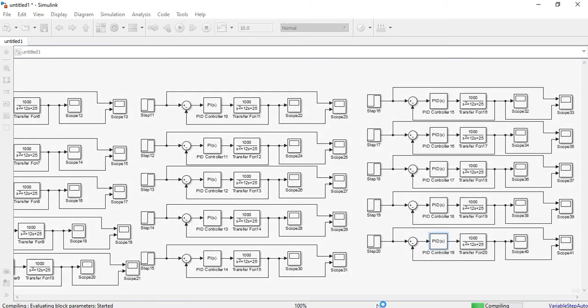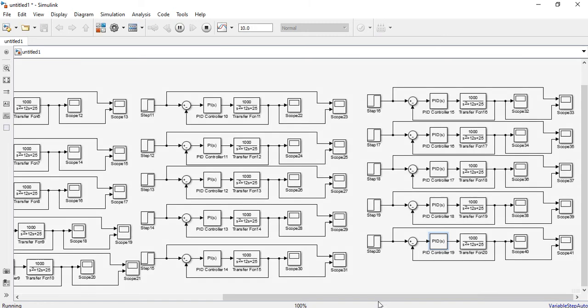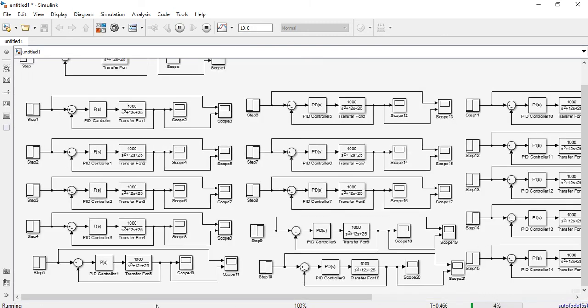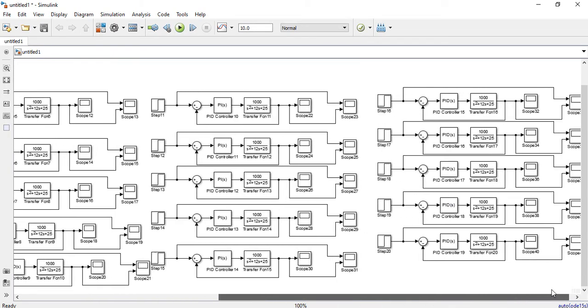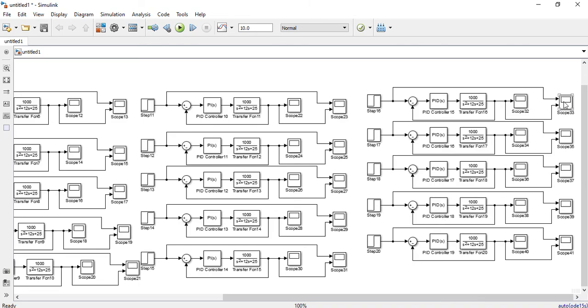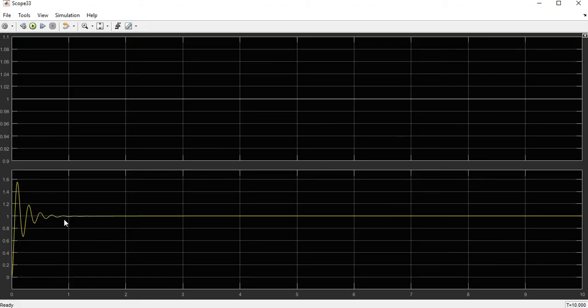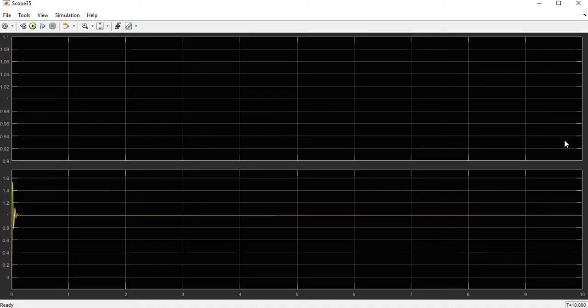I will see it. Okay, so it is running right now. I need to see the first waveform without any controller, and later on I will check with the help of controllers. So without controller the answer is this one. Now with the help of the PID controller I will see the output over here. By default it is this, the same as your original one. The second one is over here.